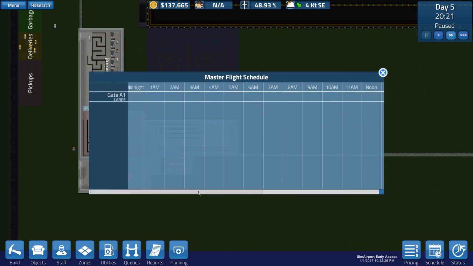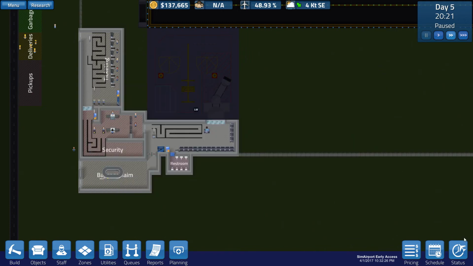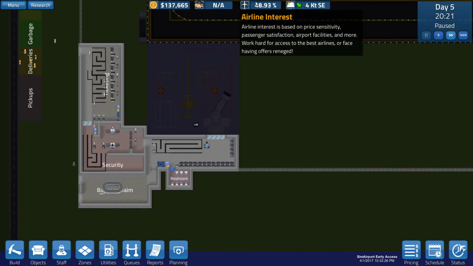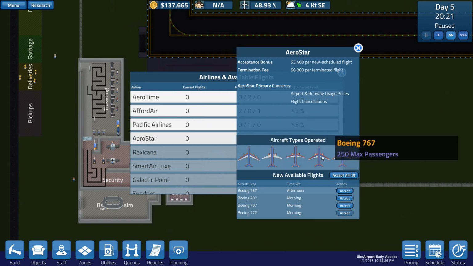So the airport right now at this stage is open between 4 AM and midnight. So that means we've got an option of morning, afternoon and evening flights. So let's jump in and see what airlines are interested. Aerostar seem to be the leading, it looks like, and you've probably got their best interest. What's the capacity? I need big planes. All these are big planes, bar the